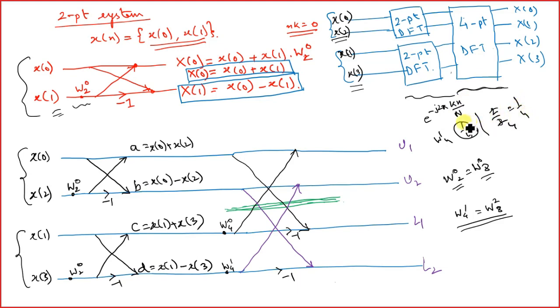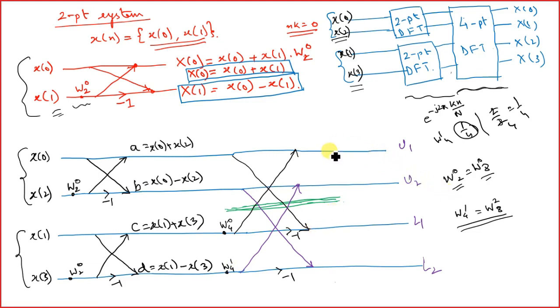So the values would be the same, right? So don't worry about that. However, I personally prefer this W40 because, as you see, when I am doing the calculation for 2-point DFT, I am taking the twiddle factor of W20. When I am going for the 4-point DFT, I am taking the values for the 4-point DFT. W14 is very easy, W14 is minus j, right? So you actually don't have to remember anything up to W14, 4-point DFT, right?